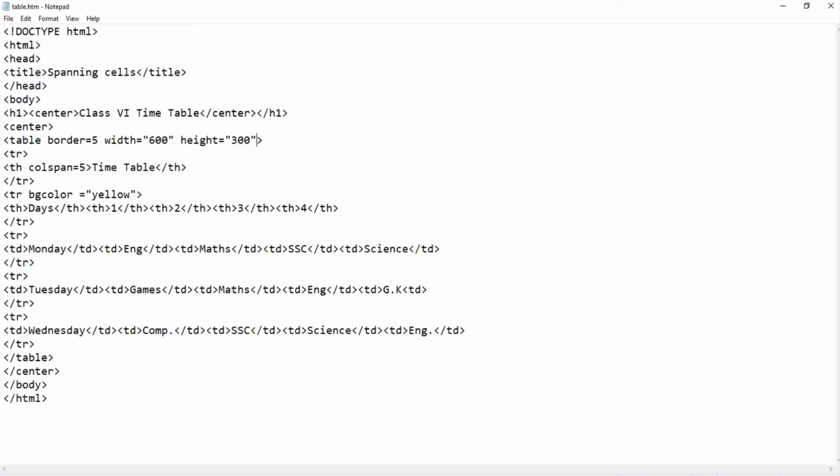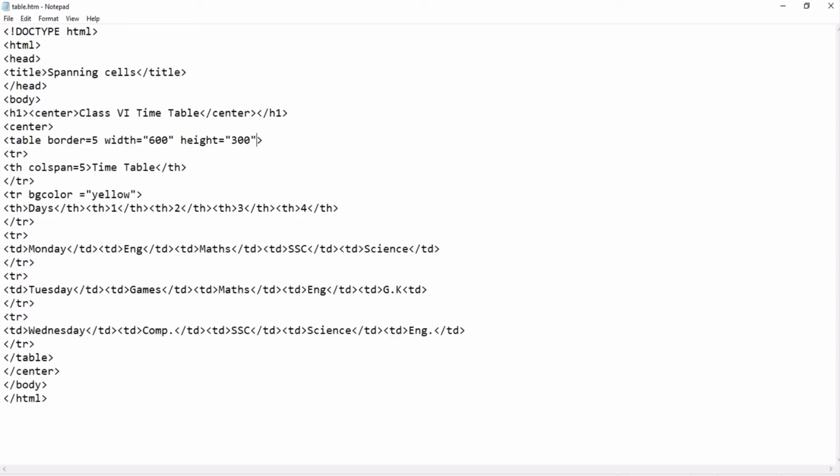The cell spacing attribute adds pixels between the cells, and cell padding adds pixels within the cell border. It's a difference.